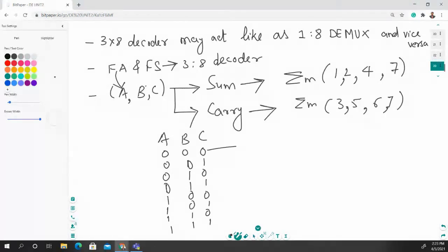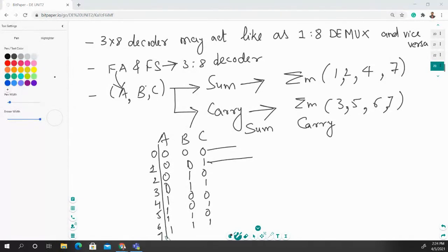At this stage we have two outputs, sum and carry. What is the output for these min terms? The min term is present at the first location. Okay, 0, 1, 2, 3, 4, 5, 6, and 7.